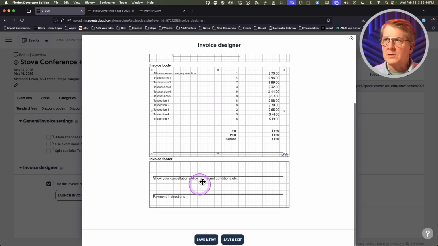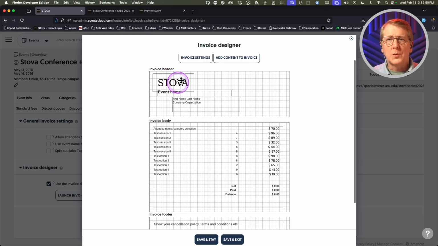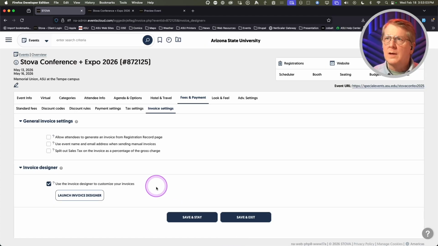And this by default is showing our cancellation policy and payment instructions. Anyway, you'll probably want to add your unit logo, maybe your contact information here, and that will be the invoice that this then sends to people when they request it, or if you are enabling that feature. In fact, with that in mind,